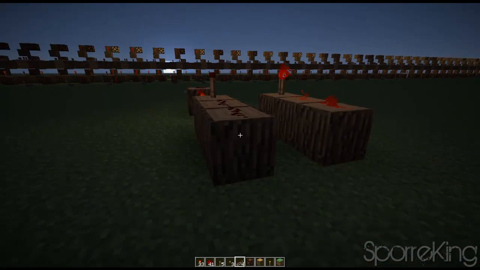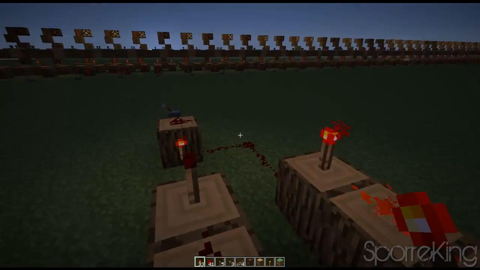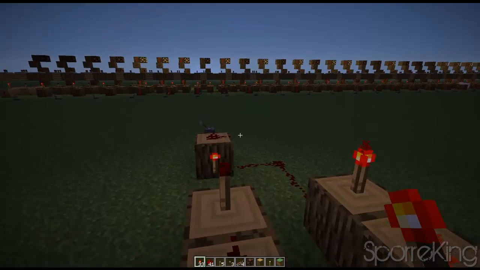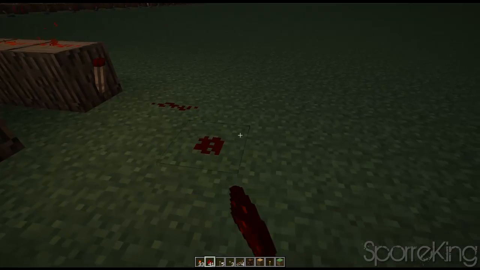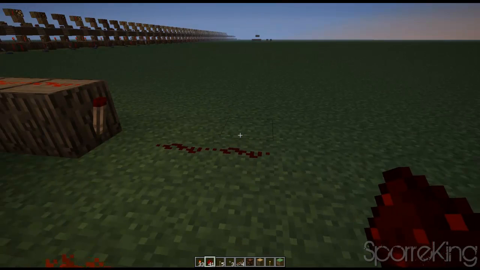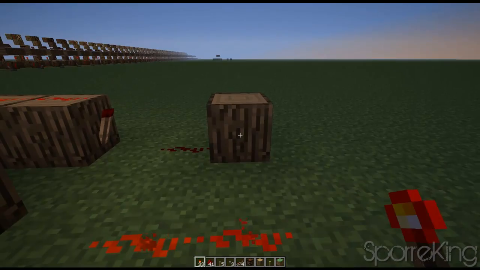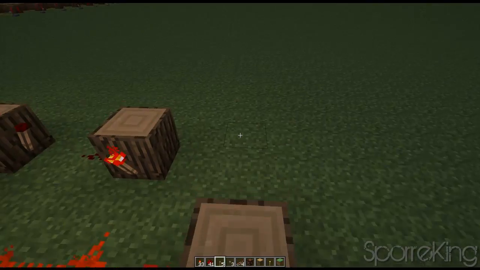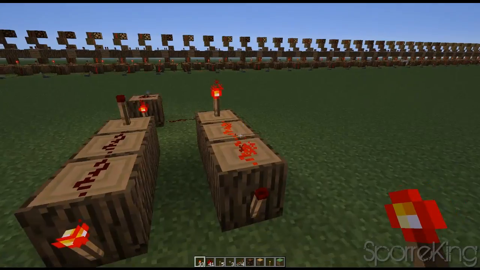And then you want to put one torch here and here, because see, when this is off, this torch will be off, and when this one is on, that one will be on. Yeah. So if I put it like this, one off and one on, and here you want to place 1 block and 1 torch, and then you want to put redstone, block, redstone, redstone, and torch. So this is the actual memory,